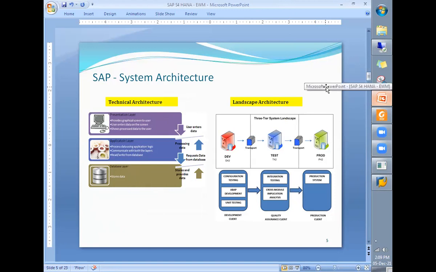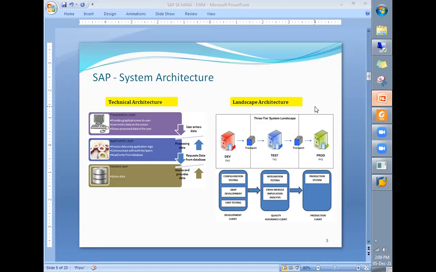Based on the business requirement, companies go with a different landscape. You can see here a 3-system landscape, where one system is for development, another for testing or quality, and the third one is for production. Medium-sized companies can go with a 2-system landscape.